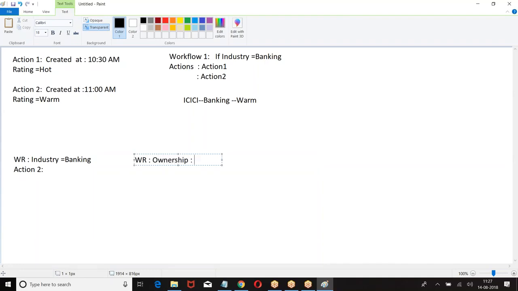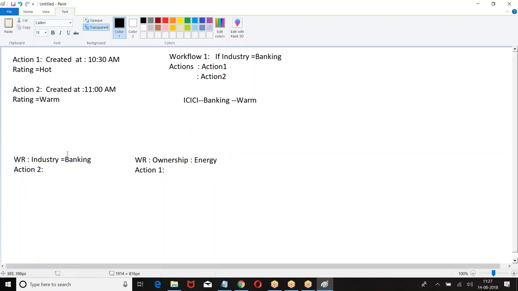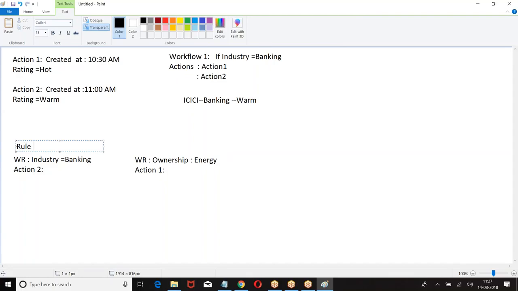Ownership equal to. This workflow rule is created on 10:30.